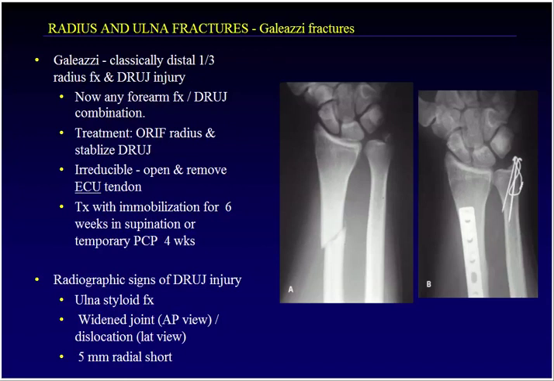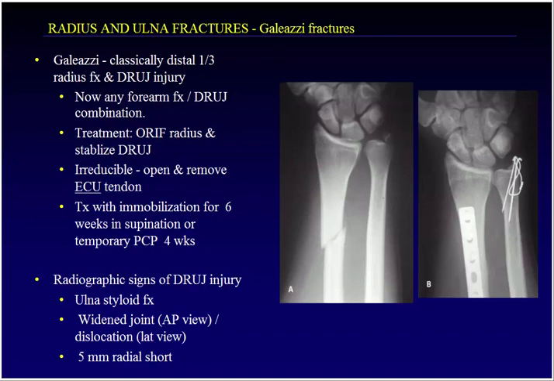If the DRUJ is irreducible, you should suspect interposition of the extensor carpi ulnaris tendon. That needs to be removed. Your treatment for the DRUJ injury can consist either of immobilization of the patient for 6 weeks in supination. I think quite more appropriately is to do surgical stabilization with pin fixation across the DRUJ, and that can allow you to keep the patient out of a long splint immobilization of their wrist and their elbow. And the pin can, of course, be removed in the office,